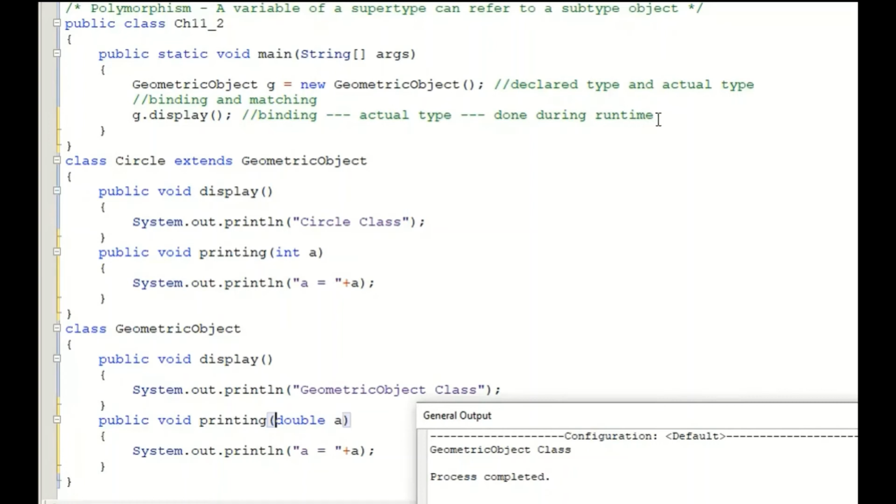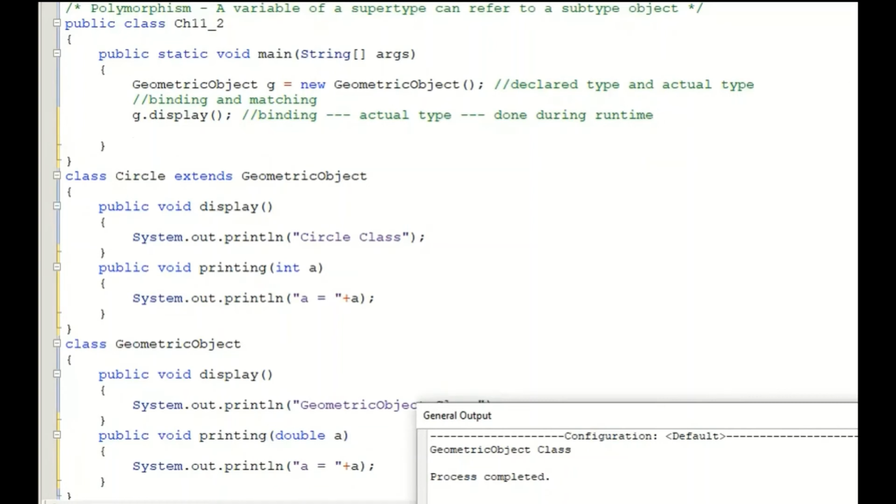Okay, let me try to call the method. For example, I'm going to call g.printing, and I'm going to use, for example, the value 1.1, because I need to give a parameter. So I'm giving a double parameter, like 10.1 or 1.1.